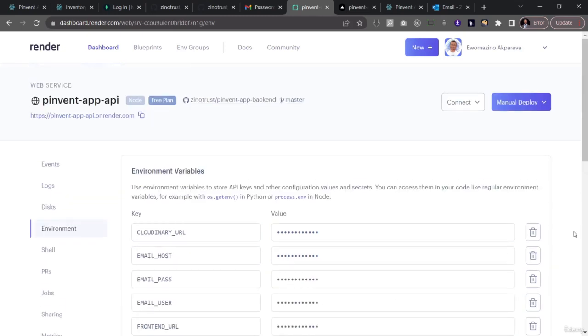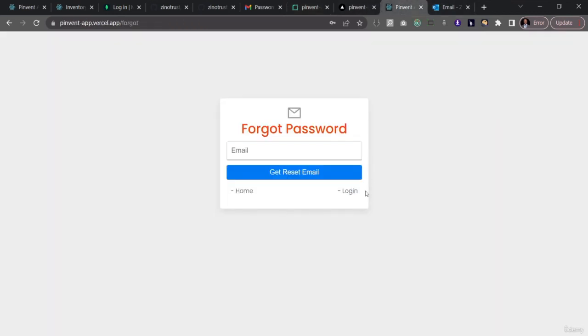So I'm not going to wait for the redeploy to test. The most important thing is that I know that in my environment variable there was no forward slash at the end of the URL. So I think that's about it for most of what we need to do when it comes to